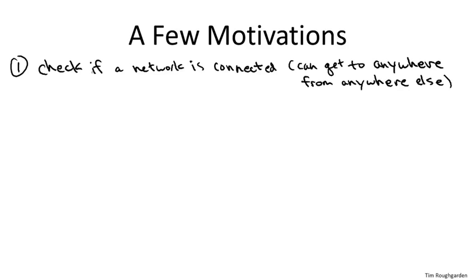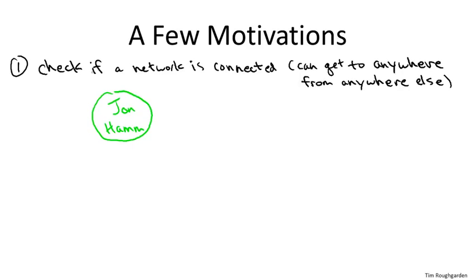Versions of this movie network you should be able to find publicly available on the web, and there are lots of fun questions you can ask about it, like for example, what's the minimum number of hops, where a hop here again is a movie that two people both played a role in, the minimum number of hops or edges you can get from one actor to another actor. Perhaps the most famous statistic that's been thought about with the movie network is the Bacon number. This refers to the fairly ubiquitous actor Kevin Bacon, and the Bacon number of an actor is defined as the minimum number of hops you need in this movie graph to get to Kevin Bacon.